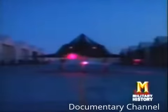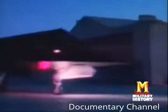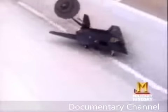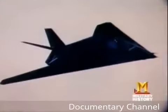The people who worked on that fighter when it was still in the Black World referred to this as the Vampire Convention, because they would have to rush home, get the aircraft in the hangar, and be back by sunrise. The F-117A came out of the black on November 10, 1988, when the Defense Department released this purposely fuzzy photo